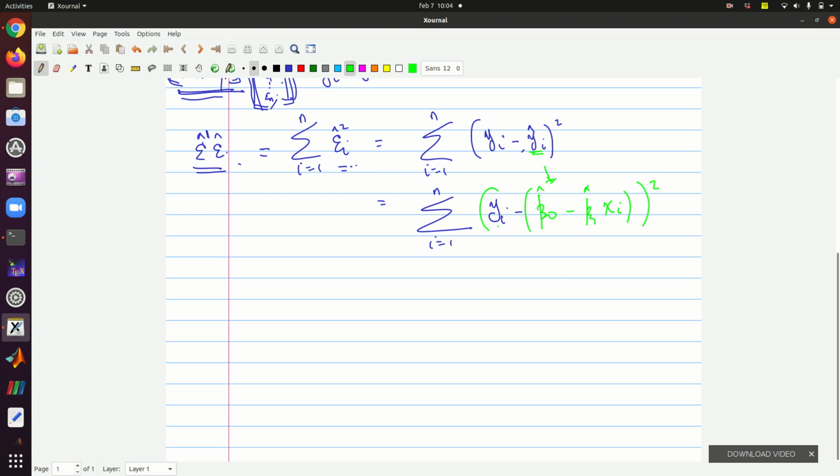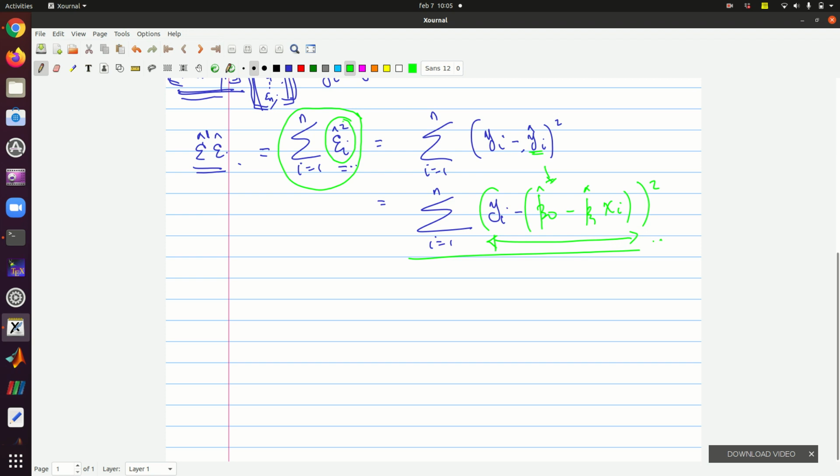So the idea again, we want to minimize this. In other words, actually, we want to minimize the errors here. So in minimizing the errors, this is what we have come up with. We want to minimize that term there. So how do we minimize that term? We make use of our